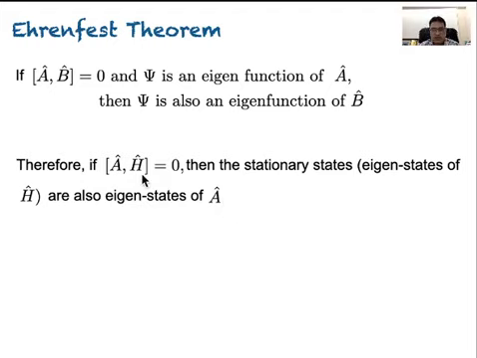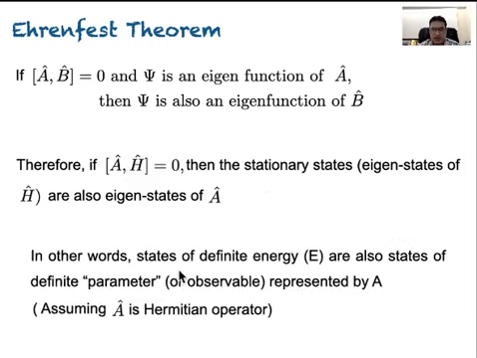Okay, because A is commuting with H, which is same as here. So all the stationary states, the eigenstates of your Hamiltonian, are also the eigenstates of your A. In other words, states of definite energy, because the eigenstates of the Hamiltonian are the states of definite energy, are also states of a definite parameter, a definite observable represented by A,